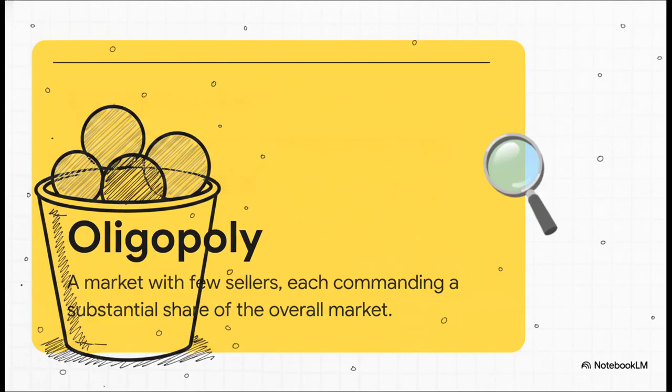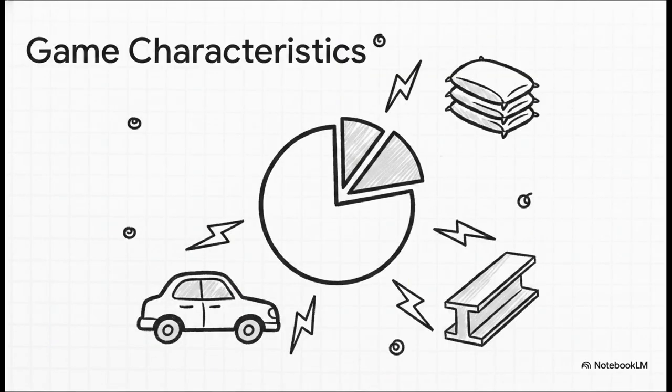We aren't talking about countless anonymous competitors here. No, this is a very small, highly exclusive group of players. They aren't just drops in the bucket, you know? They basically are the bucket. Because there are so few of them, the whole game is dictated by that small number. Each seller controls a huge chunk of the market, meaning every single move they make is felt by everyone else.